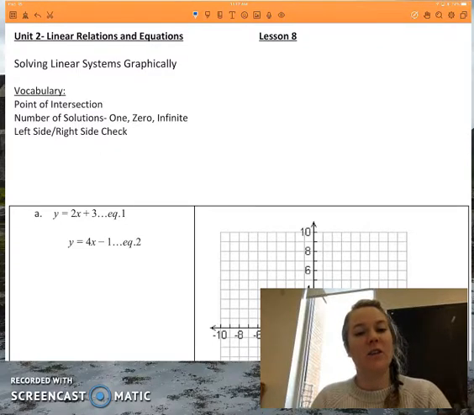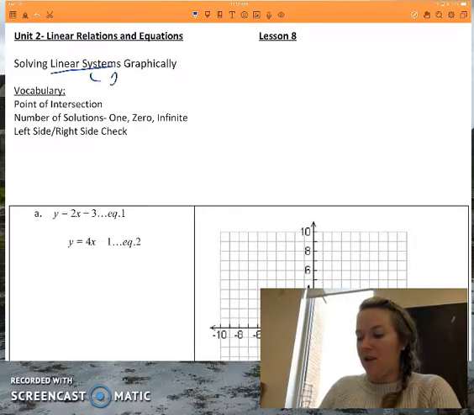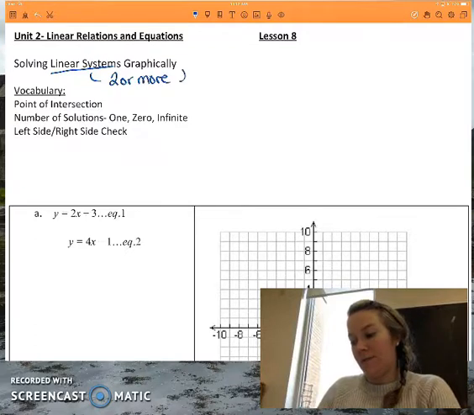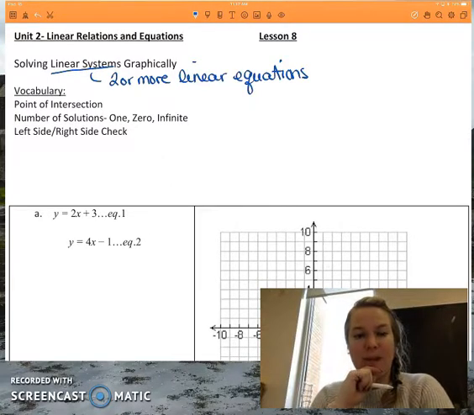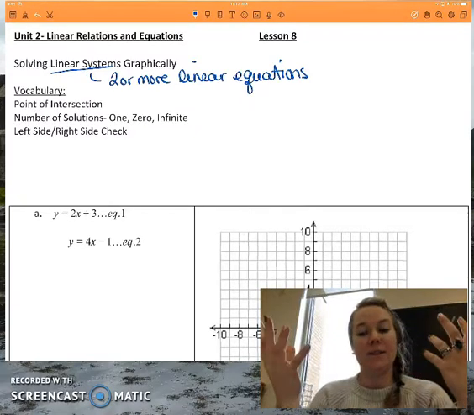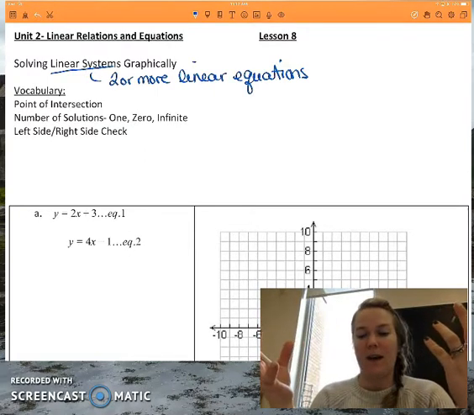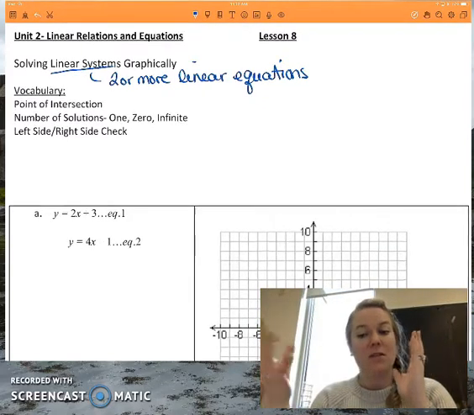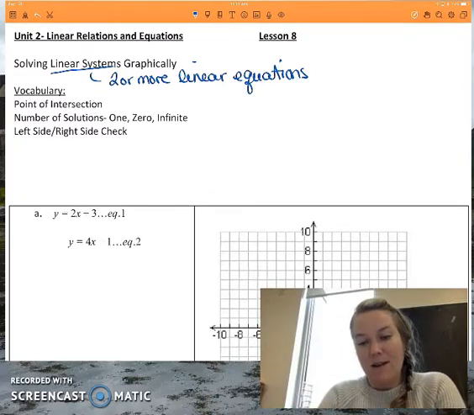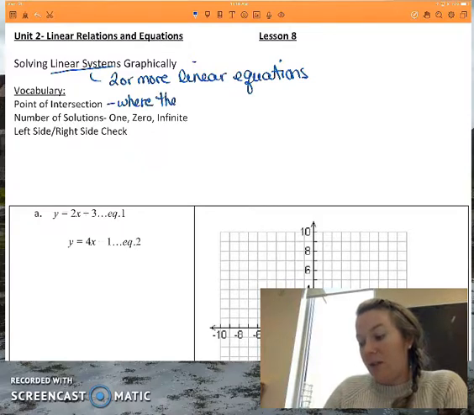So we're going to solve linear systems graphically. A linear system, okay, is two or more linear equations. So the thing with linear systems is when you have more than one linear relation on a graph, they might cross over or they might not. So one of the things we're interested in is the point of intersection, which is where the linear relations